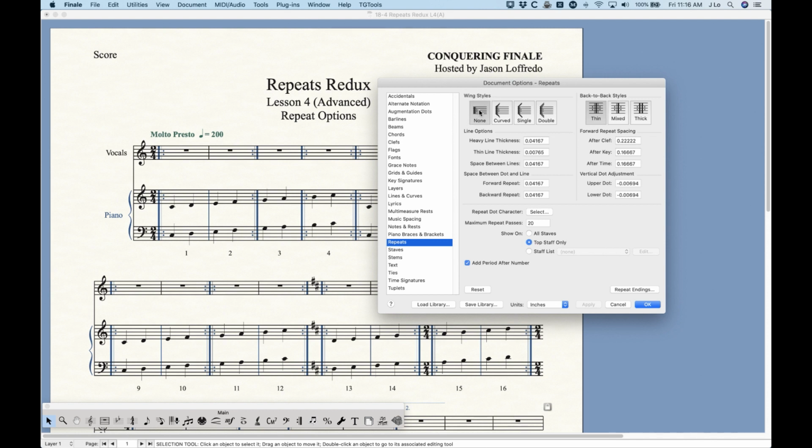So, none is usually checked, so there's no wing, but we have the option for this curved wing, which I think can look kind of nice. It actually helps musicians see these a little bit better if you have that little winged thing there. There's also the single version of this, which just takes that thick bar line and just kind of puts it off at an angle above and below the staff. There's a double version of this, which will actually do it with the thick bar line and the thin bar line. I'm not as crazy about the double one,